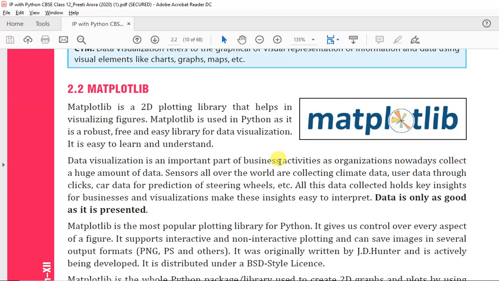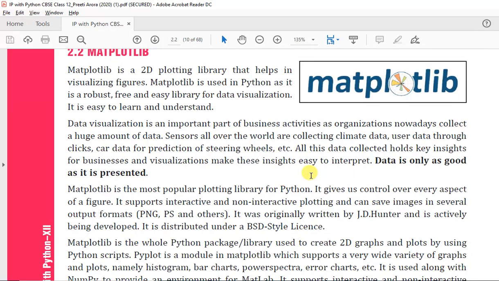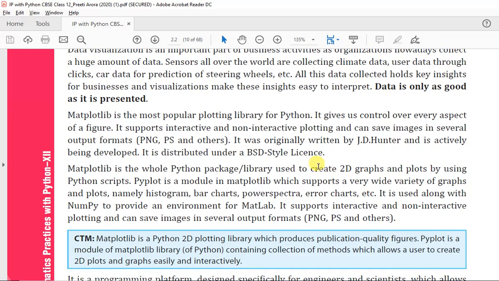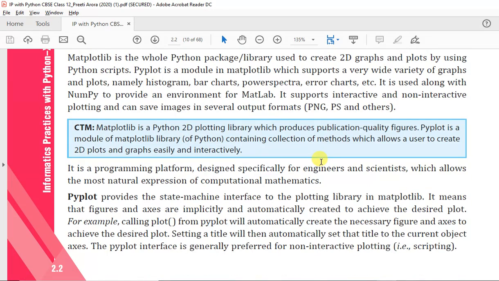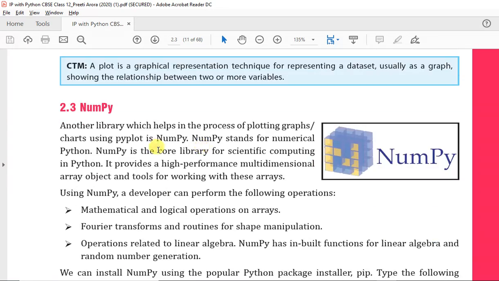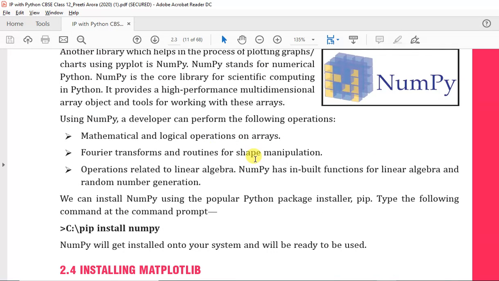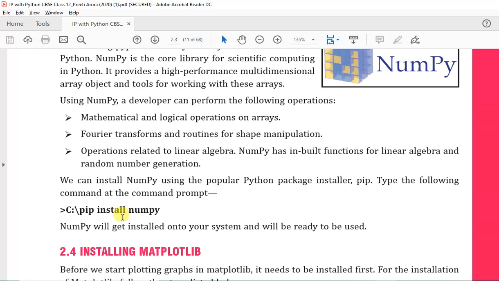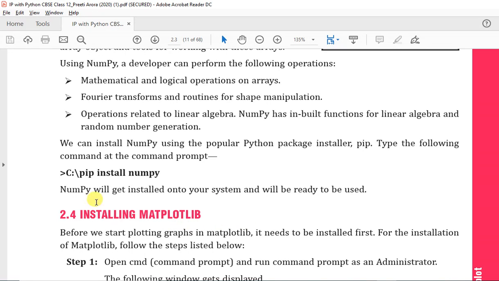Then we can do practical on data visualization. And sometimes you need to use a NumPy array to create a graph.